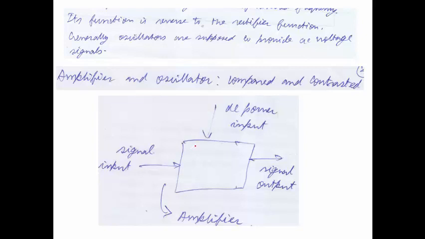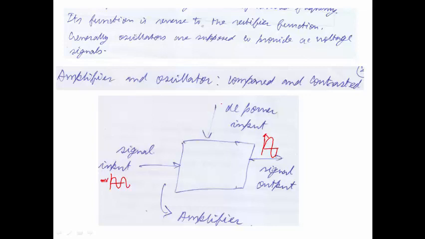Now, a typical amplifier looks like this, where it tries to amplify the input signal, which is of low voltage. Here we tend to get an input signal which is of very, very low voltage. It is typically in the millivolt range, not more than that. And in order to amplify this signal, so that we can get a much higher amplitude of this signal, naturally keeping the frequency the same,